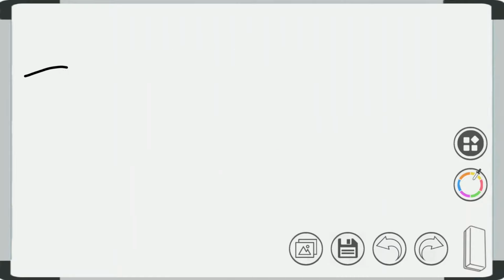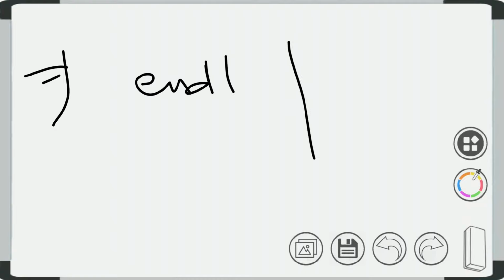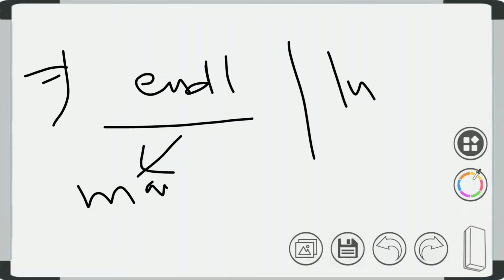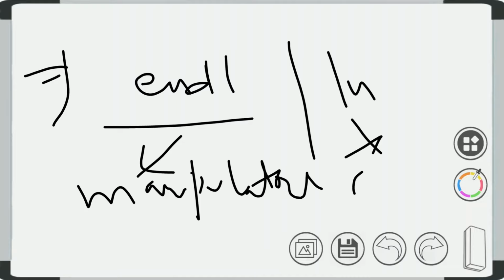Now sometimes a difference is asked between endl and slash n. endl is a manipulator and slash n is a character. The purpose of both is to insert a new line, but there is a minor difference.